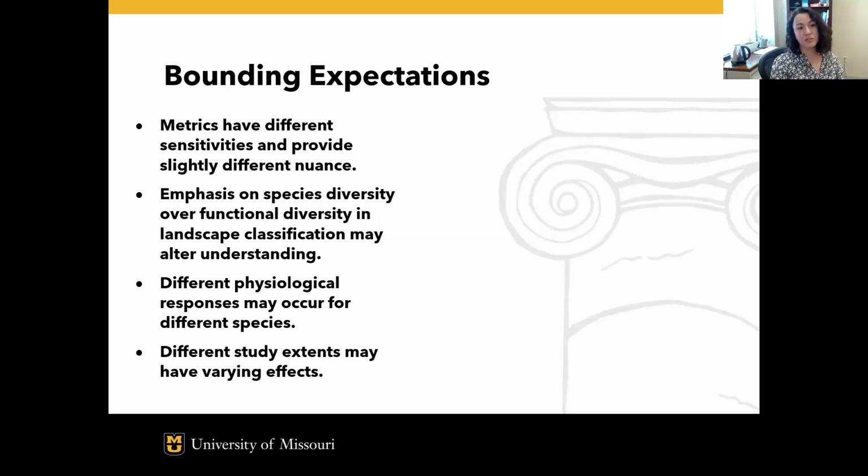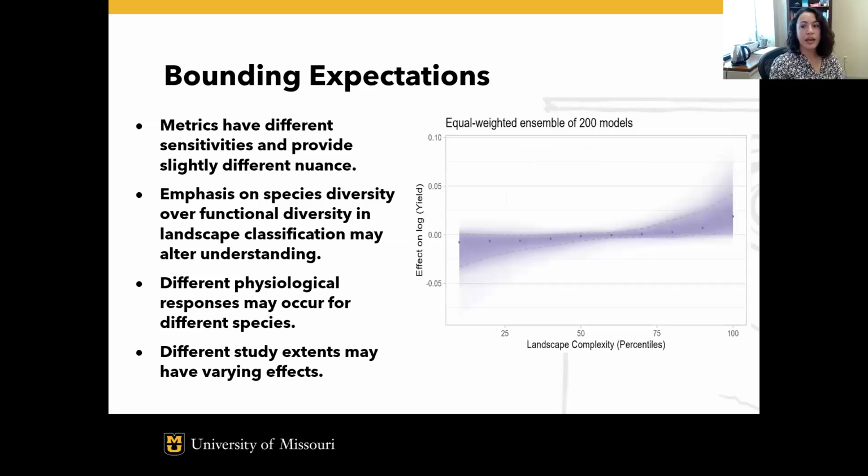So to get at this idea of how consistent these relationships are, can we put some bounds on this? We ran more than 200 different models looking at 5 crops, 5 different metrics, and then about 6 different ways of calculating those metrics using different types of classifications, scopes and extents. And took those 200 models